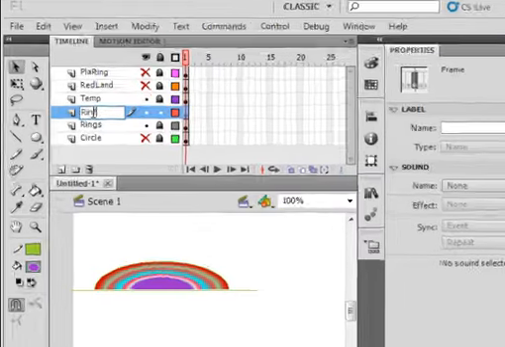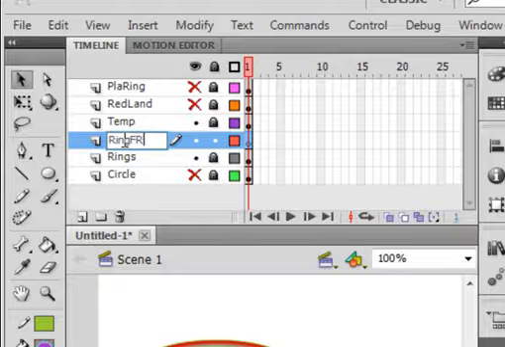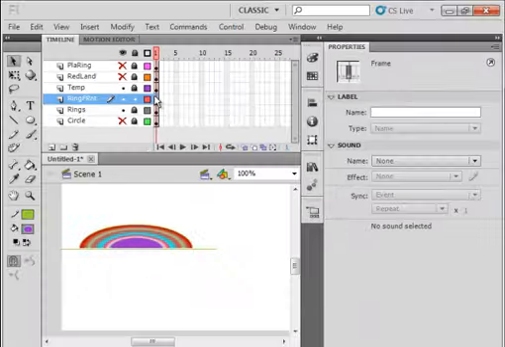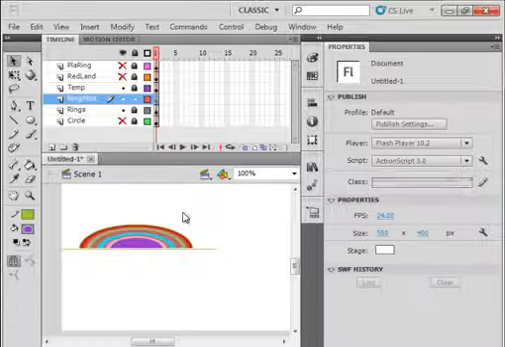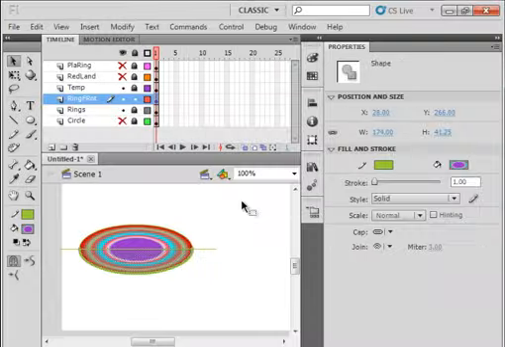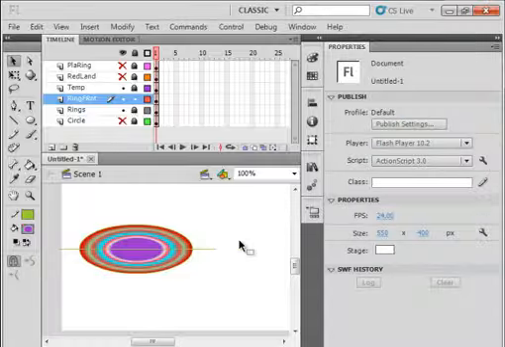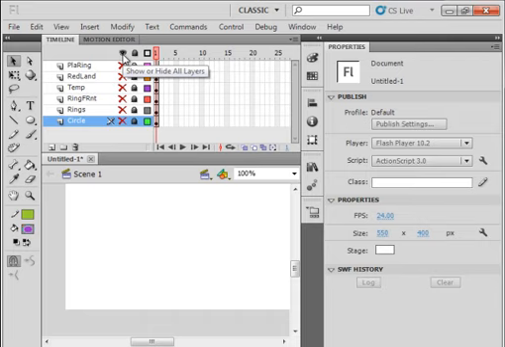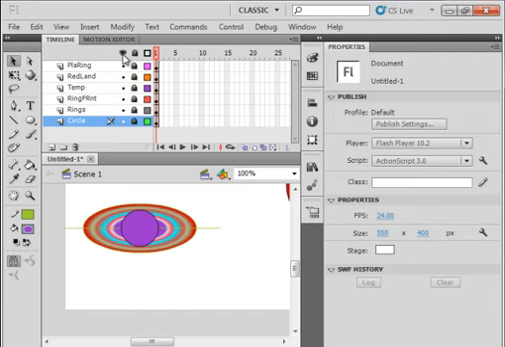R-I-N-G, F-R-N-T for ring front. Select frame 1 and come down to your workspace, right click, paste in place, so there our ring is back together. Lock it, turn on so we can see all the layers,